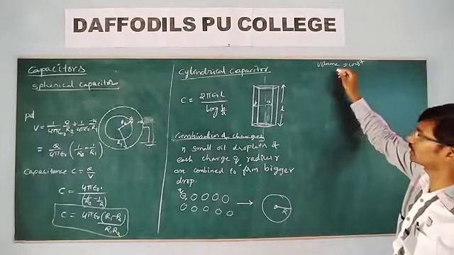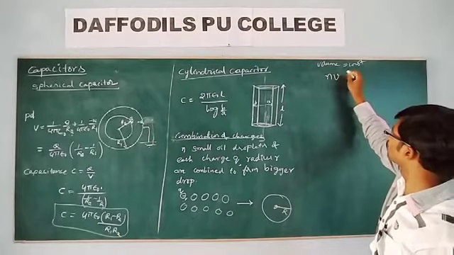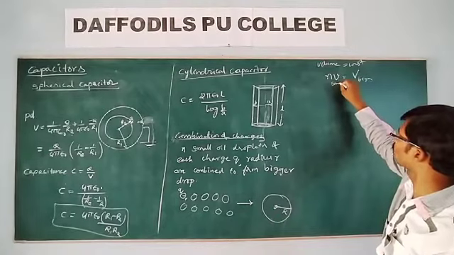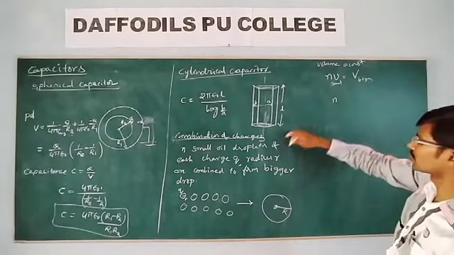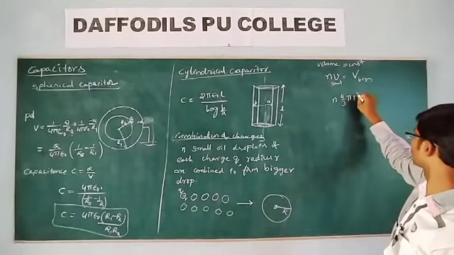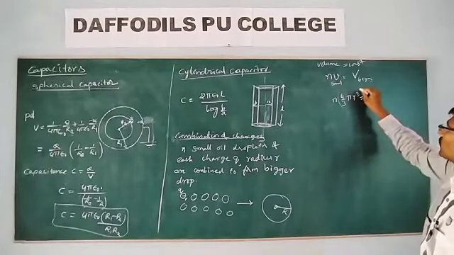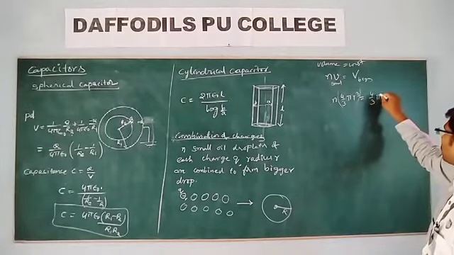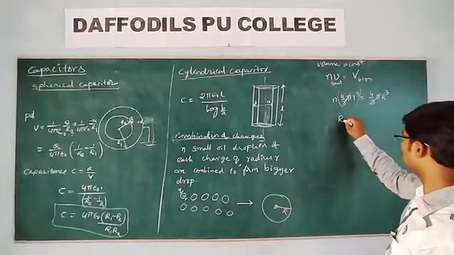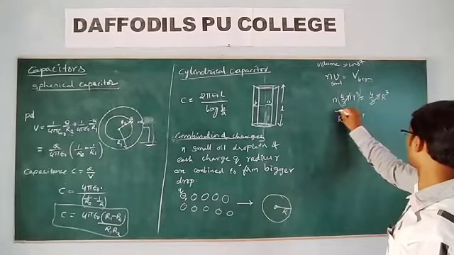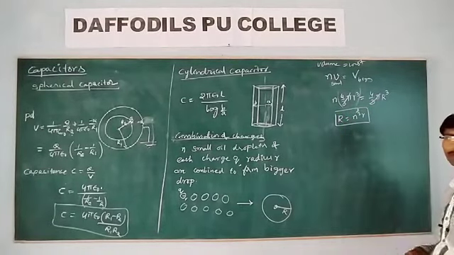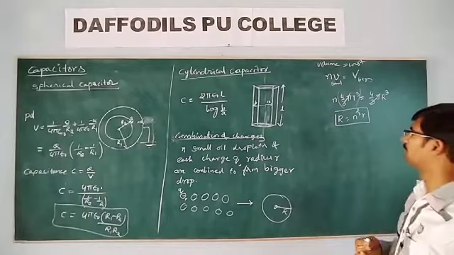When the volume remains constant, what is the relation? N times the volume of each smaller droplet is equal to the volume of the bigger drop. N into 4 by 3 pi r cube is equal to 4 by 3 pi capital R cube, for the bigger drop. 4 by 3 pi cancels. Then capital R is equal to n power 1 by 3 r. So this is all from an objective point of view that we are discussing here.